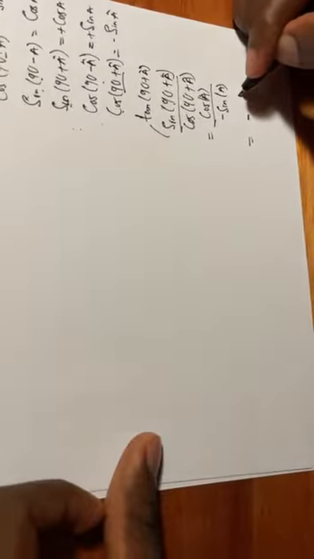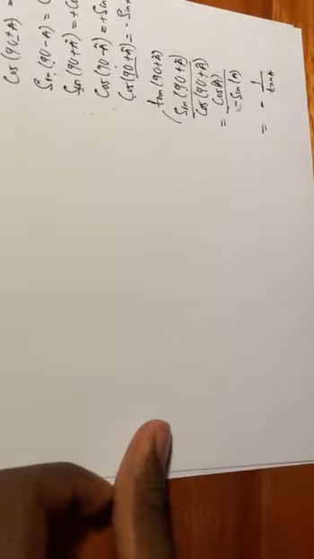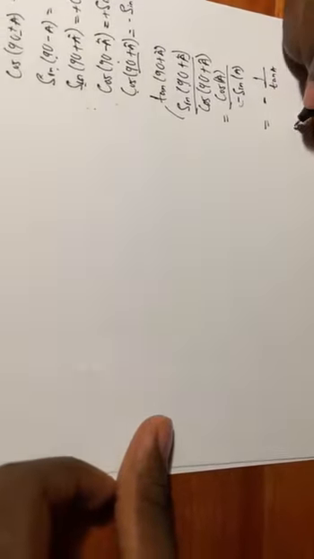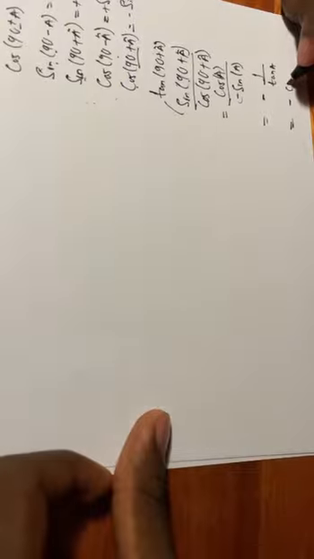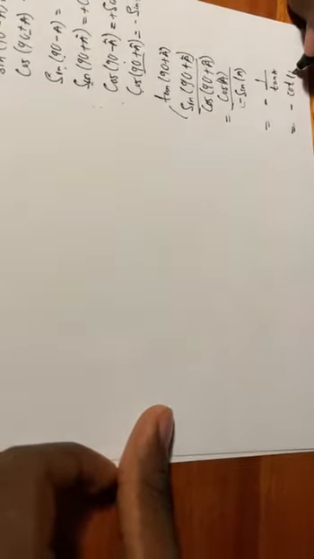Cos is negative in that quadrant. Therefore, we have minus sine of A. And you know cos over sine is 1 over tan of A. Since we have this negative, we'll multiply by negative here. And 1 over tan A is cot of